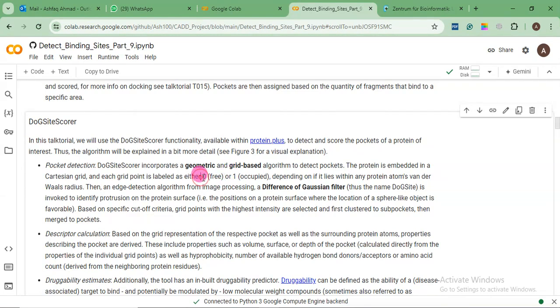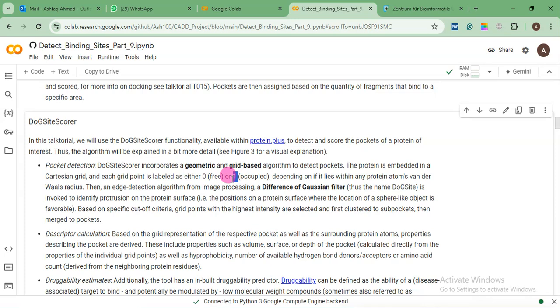If it is 0, the program understands that this region is free. If it is 1, the program understands that this region or this particular atom is not free for any other organic molecules to come and interact. So this way the program decides